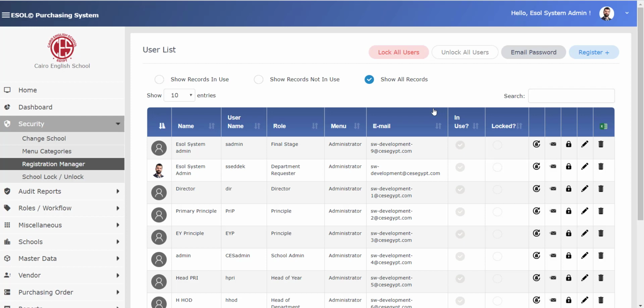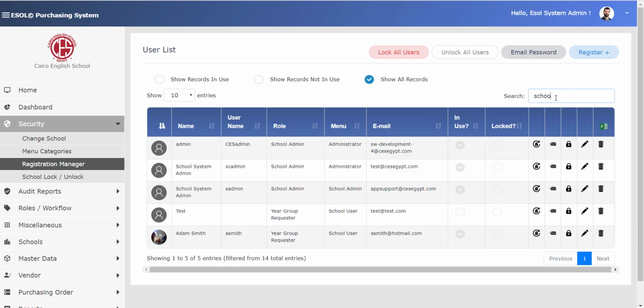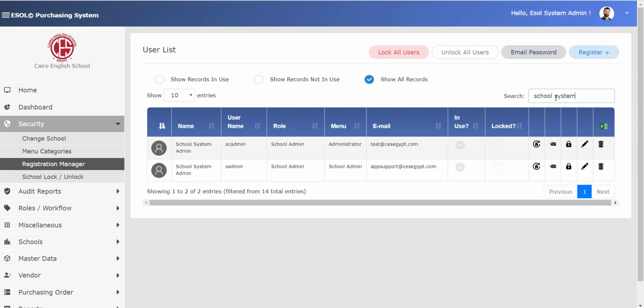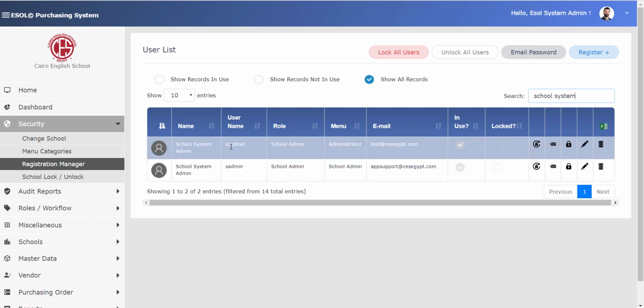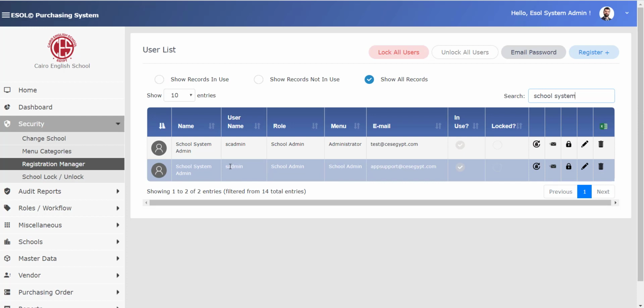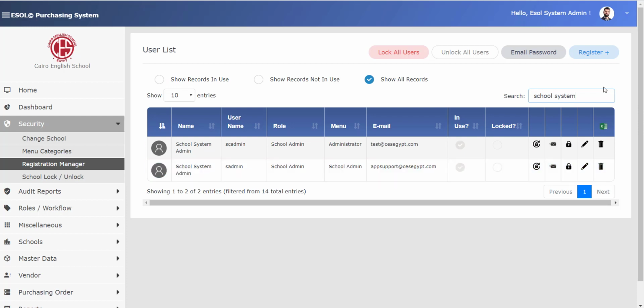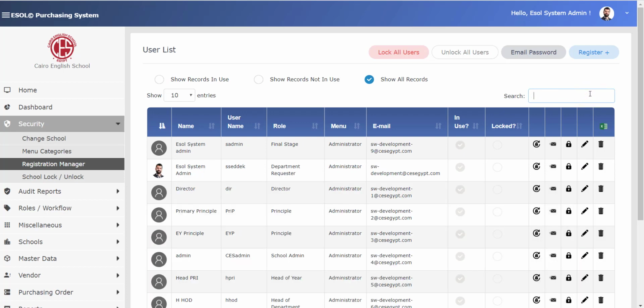You will not have to input any username or password, and they are all encrypted within the database. As you can see, when we created the school system admin, once we created that, it created the username by itself. It doesn't require you to create any users on the system. Once you finish the creation process,